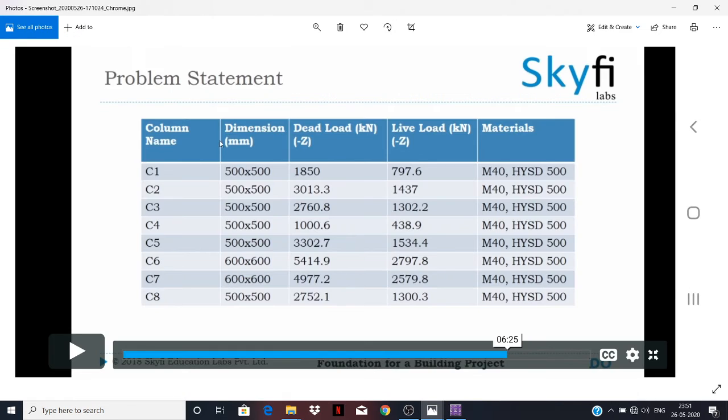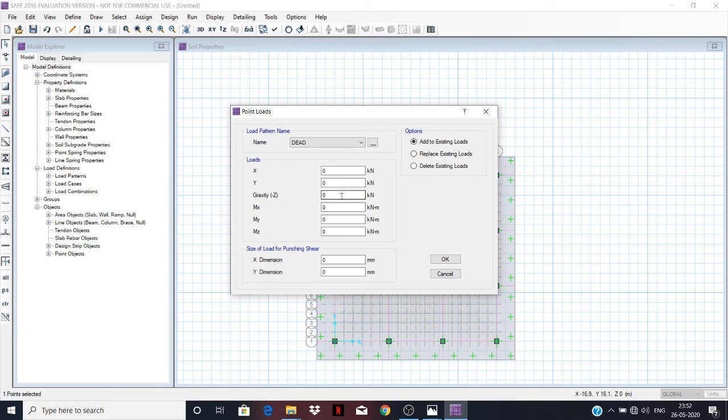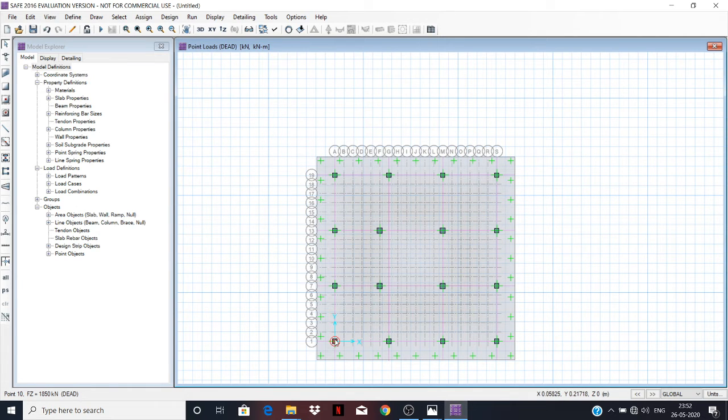And this data we also have, the dead load is 1850 and 797.6, like this, all data is here. So this data has to be given. Okay, dimension also given, then okay, then also have a one click,